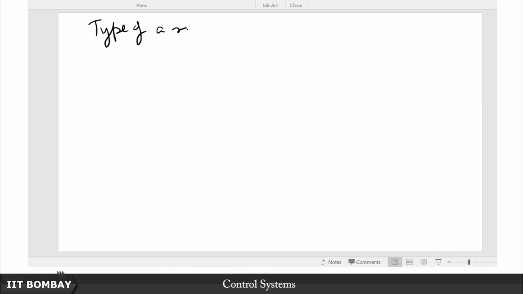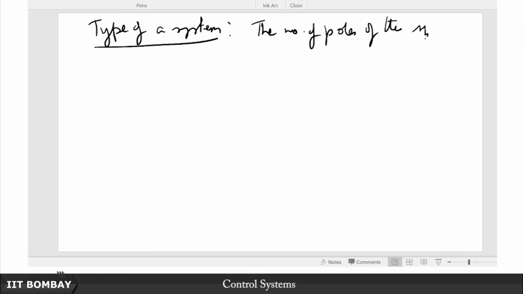So, the type of a system is the number of poles of the system at the origin. Okay. So, that is the type of a system. So, in that parlance, if we summarize what we have seen so far, we will see it in the form of a table in the next class. So, the last thing we are going to discuss in this lecture today is a summary of what we have seen thus far. What we have seen is, if a system is type 0, then the application of a step